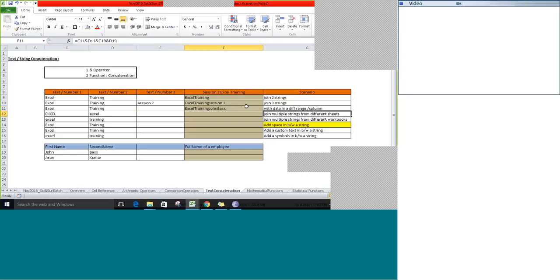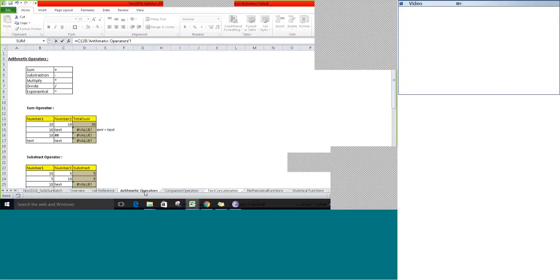And the next one, join multiple strings from a different worksheet. How can we achieve a string concatenation between different sheets? First, select the corresponding cell reference. Provide an AND symbol and select the corresponding sheet, from which sheet you want to get the cell reference. Select the sheet now. You can see on my screen C12 AND operator, and here within a quote you can